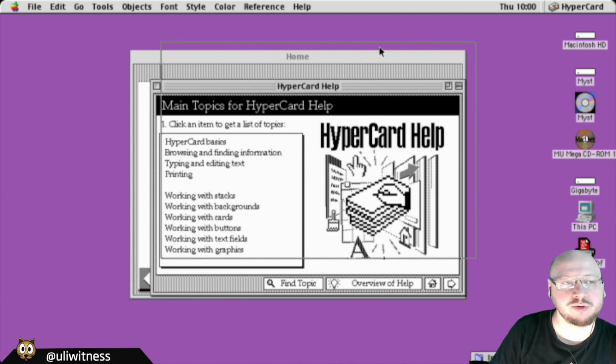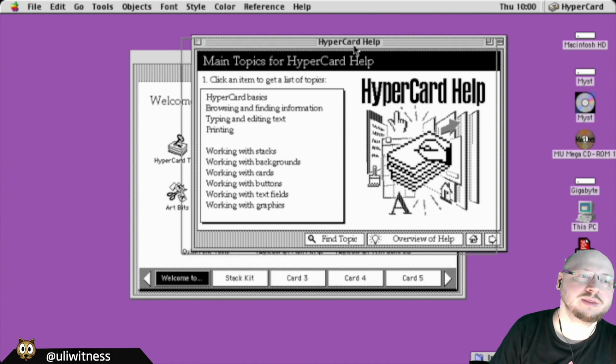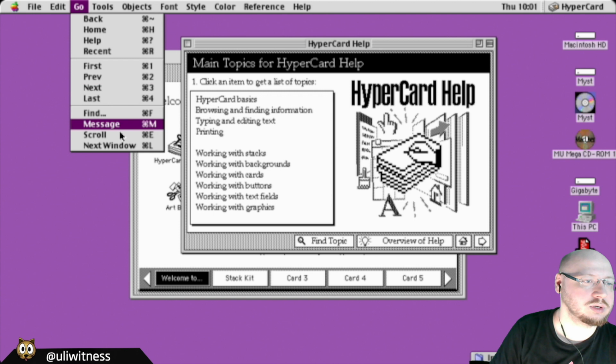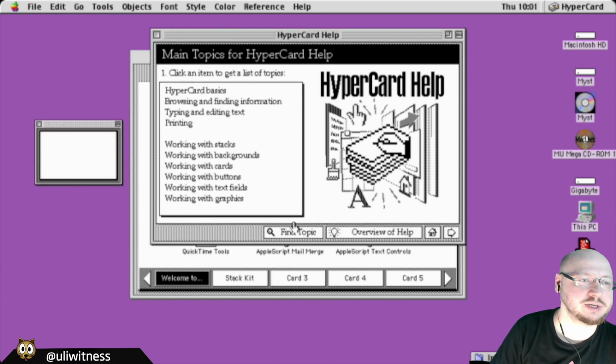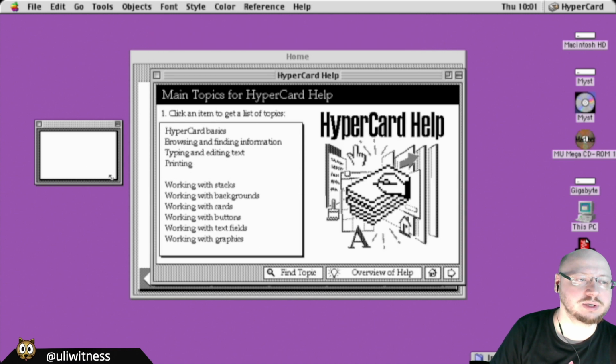You have 72 DPI graphics, and you have a limited screen size, and you have windows that are just about the size of your screen. What do you do in the online documentation? You also don't really have scrolling documents in HyperCard. Like, the only way to scroll is using the entire content. You can have text fields that scroll, but anything else, you had this, which is the